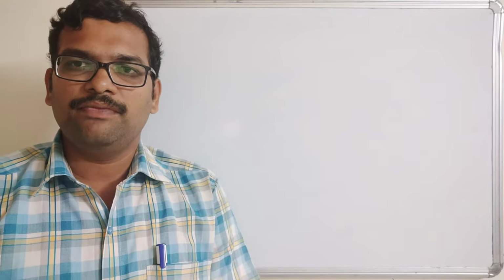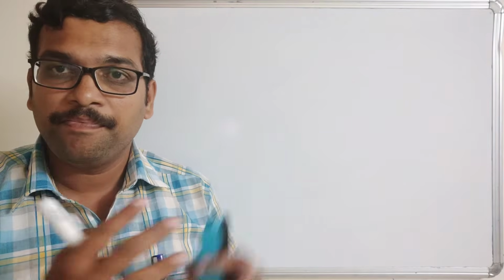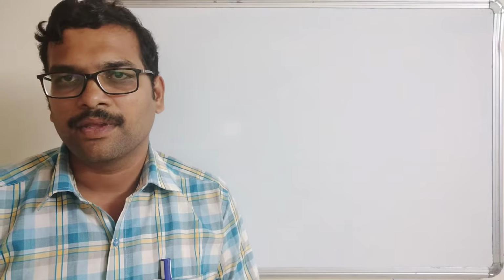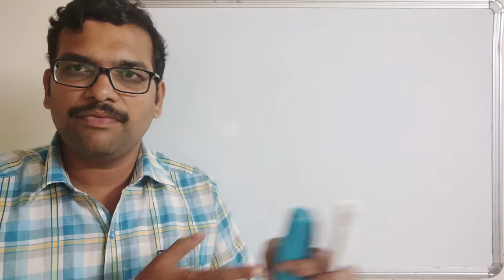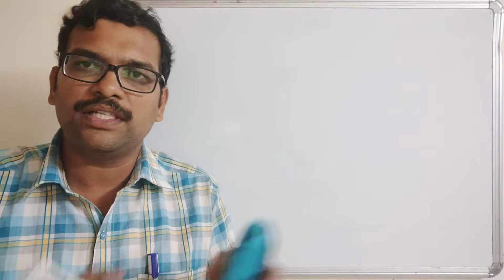So in today's session we'll discuss how to find the super keys and the candidate keys for the given relation with the functional dependencies, right? In the previous session we discussed the closure, how to calculate the closure for an attribute or a set of attributes. So now we need to